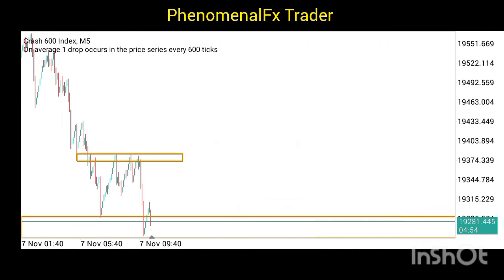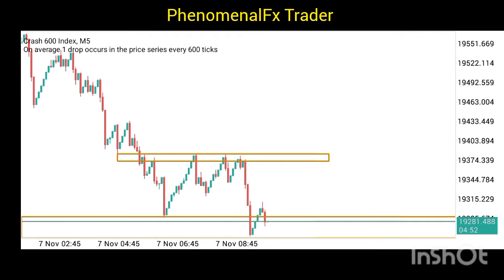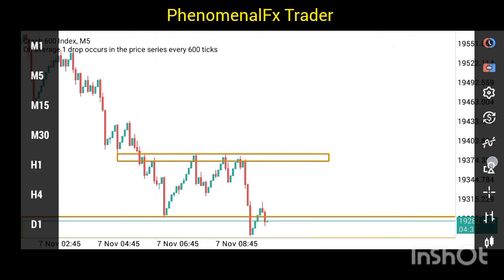You have to wait to see a confirmation that the market is ready to buy from this zone before you take the buy. What are you looking for? Change of character, a double bottom, inverted head and shoulders pattern before you take the buy. And when you take the buy, depending on the time frame, if you are spotting the entry on the 5 minutes time frame, then there may be no